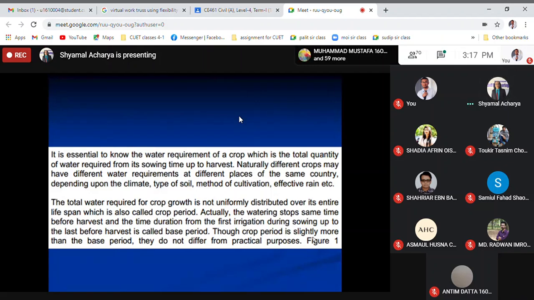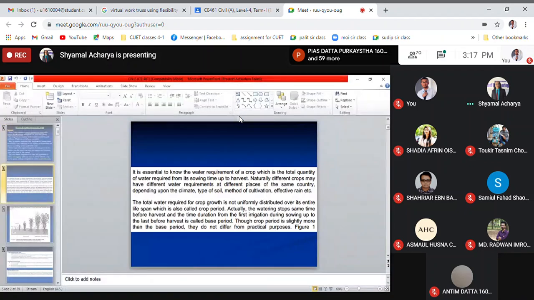And sowing to harvesting is the crop period. So what is your sense? Which one is longer, crop period or base period? What is your sense? Crop period or base period? Are you listening to me? Crop period. Definitely crop period. Base period is somehow a little bit smaller than